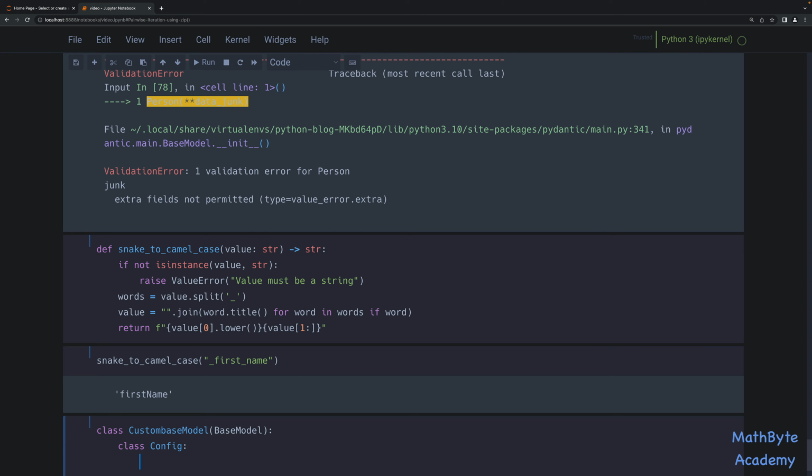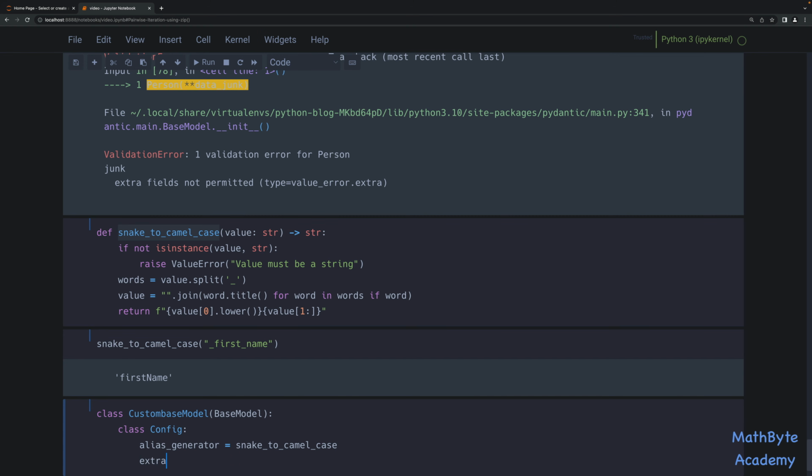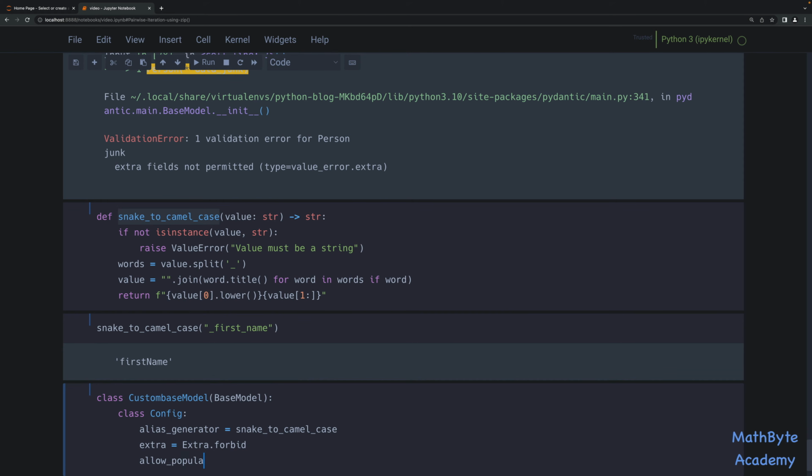And in here, I'm going to specify my alias generator. This is a way to tell Pydantic to generate aliases based on a function. It's going to take the field name, pass it to that function, and that function should return the alias. Well, that's the one we just created over here. So we'll specify that. Then in terms of extras, I'm going to forbid them, so we'll say extra.forbid. And then I'm going to allow population by field name, since I'm using aliases. I'm going to set that to true